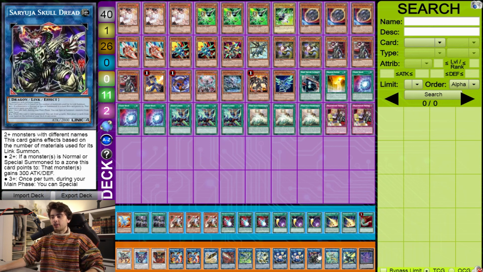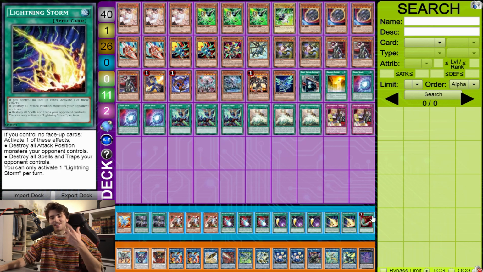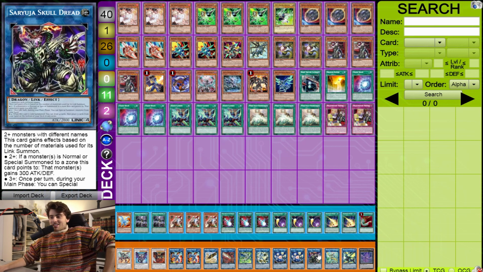If you have full combo, you can even go for Saryuja, which, post-siding, can be very good. Don't look too much at my side deck yet. This is very random, but I'll get to that in a second. I think that Saryuja is a very good card. I don't know if it's mandatory. I wouldn't really say so, but sometimes post-siding, if you can draw into the right hand traps, it is very